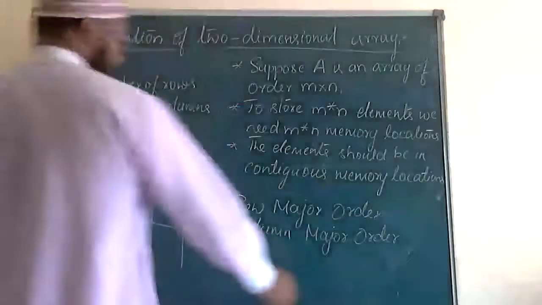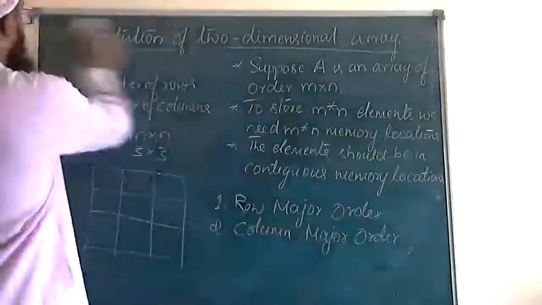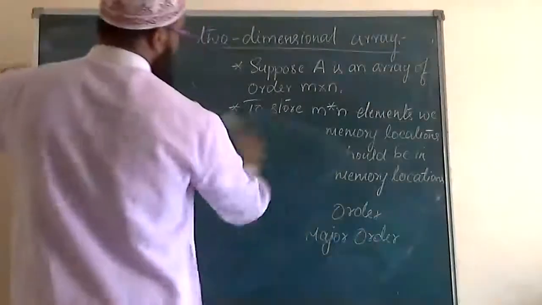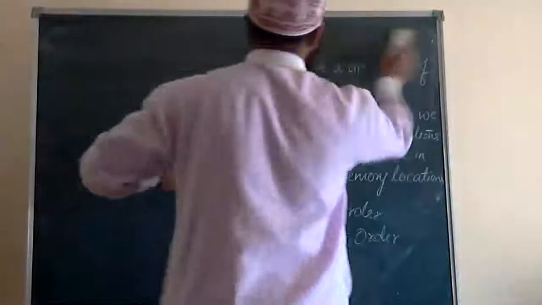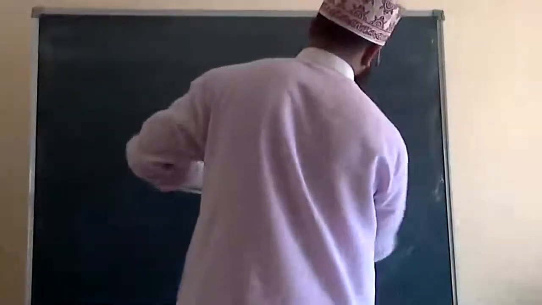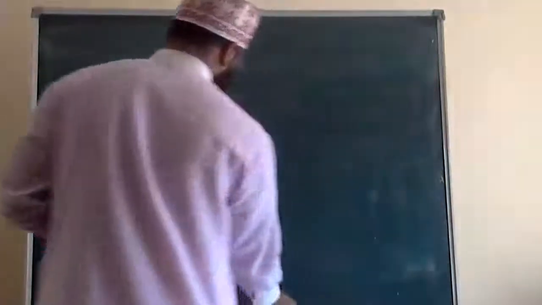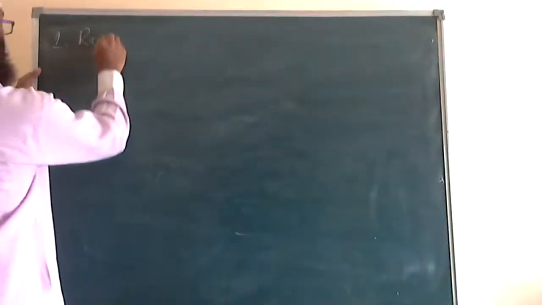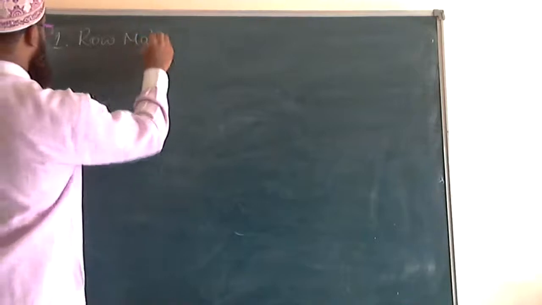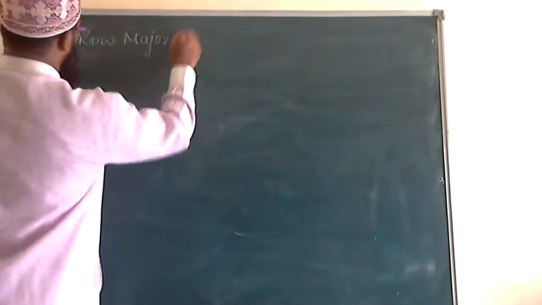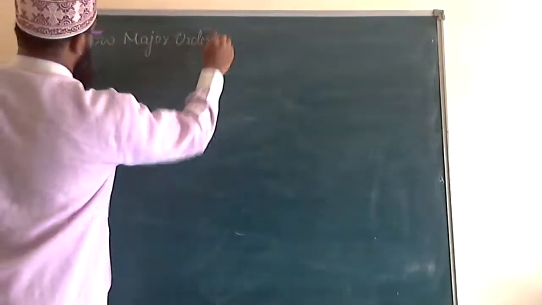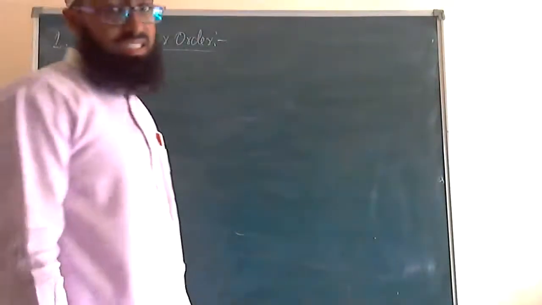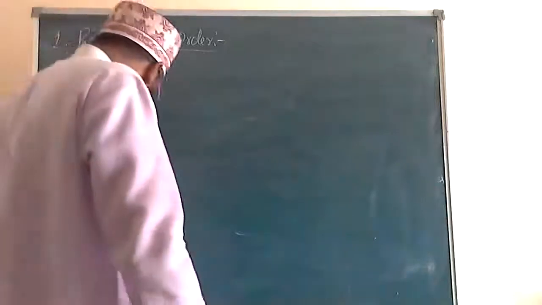We shall see what actually the row major order is, how by row major order we can represent a two-dimensional array. That is row major order. What does this row major order state? In row major order,